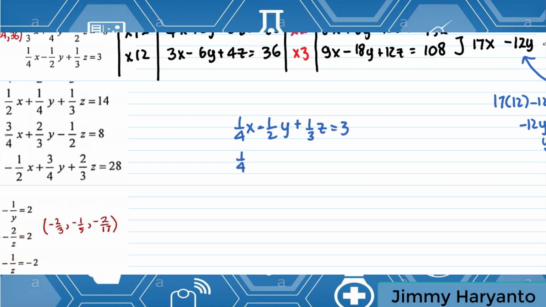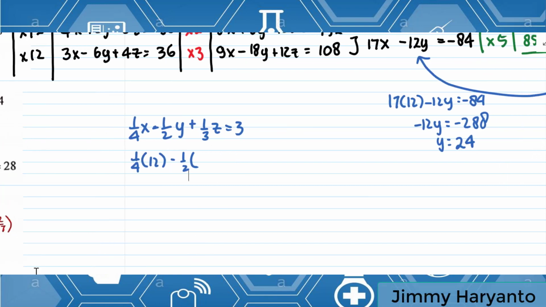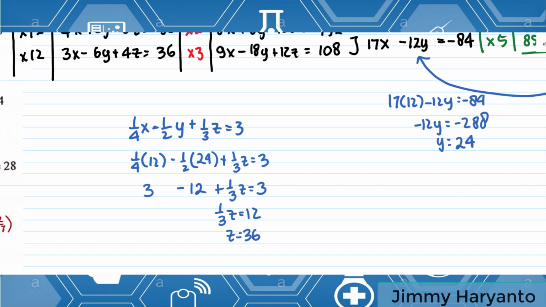So 1 over 4 times 12 minus half times 24 plus 1 over 3z equals 3. This one is 3, this one is 12, plus 1 over 3z equals 3. 1 over 3z equals 12, z equals 36. Yeah, there you go guys. Number